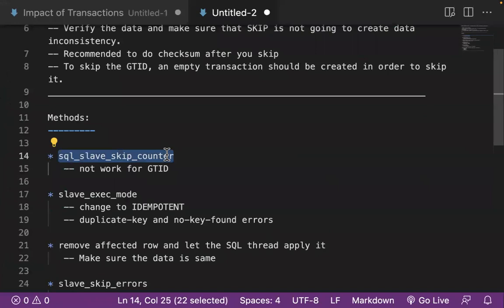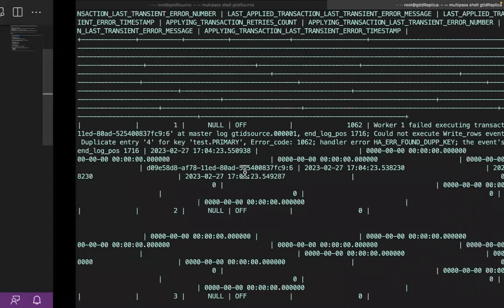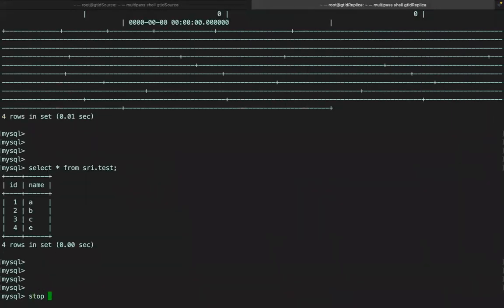If this is binlog and position based replication, then I can use the SQL slave skip counter flag to skip the event, right? So what we will do in binlog position: stop slave. Usually we need to pronounce replica instead of slave, and source instead of master. So I am keeping it in my practice. I will try to do that. Stop replica,